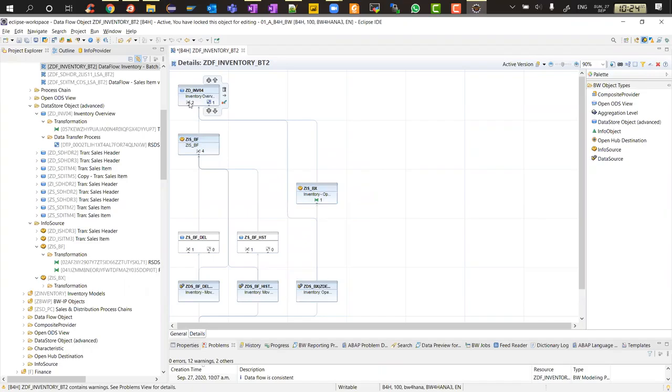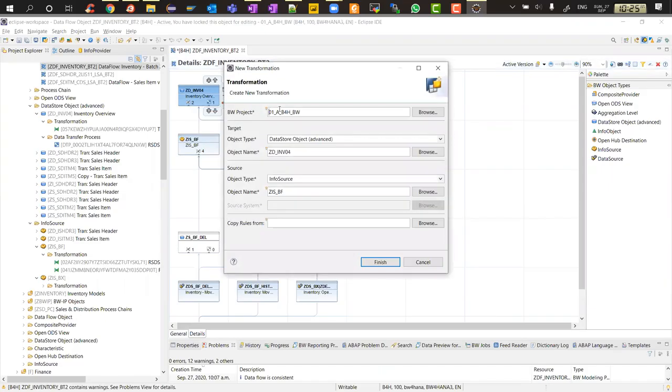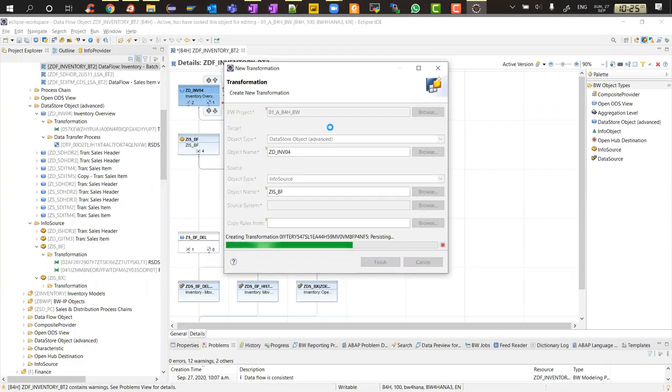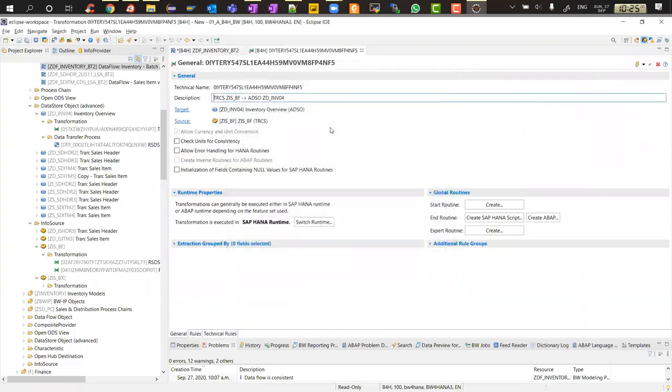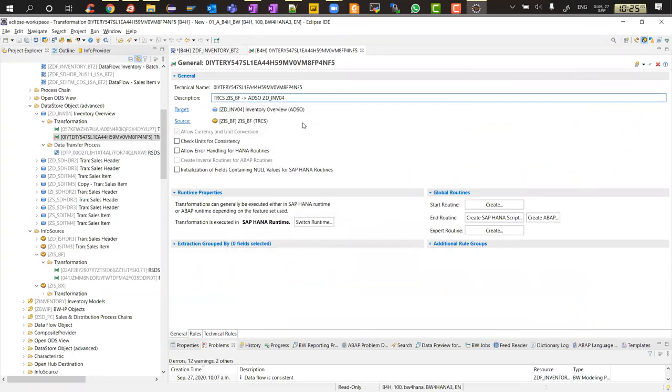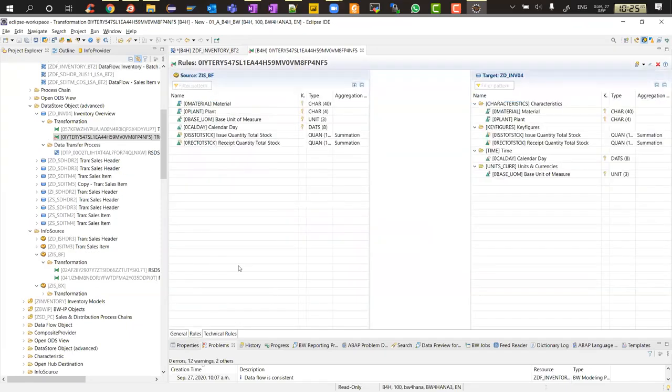Now I have to create two transformations here. So one I already created for BX, now I'll create for BF, which will bring in both my delta movements and my historical movements. And then we'll have to create a DTP also for BF. Okay, so this is my transformation for BF. Let's go to the rules. Material is material, issue is issue, receipt has been from receipt, time, cal day, and base unit of measurement is